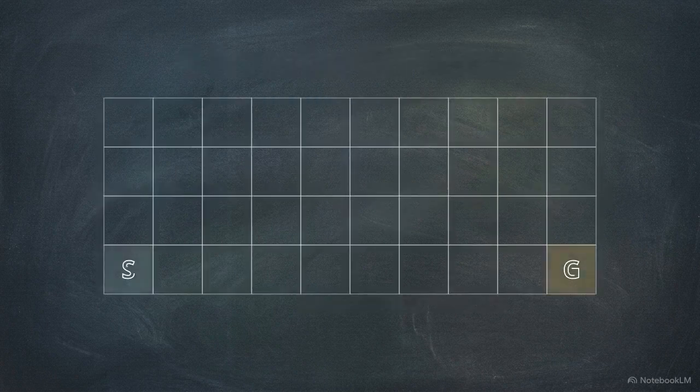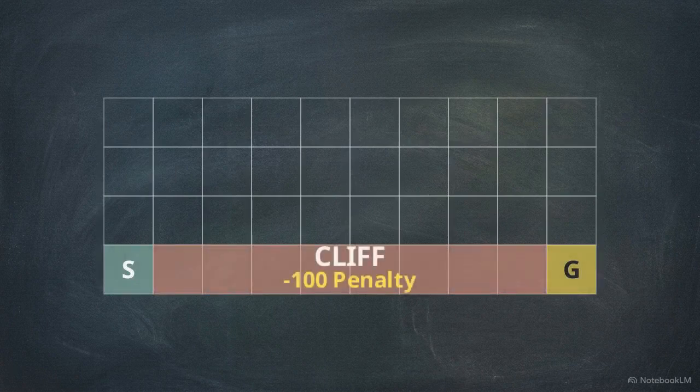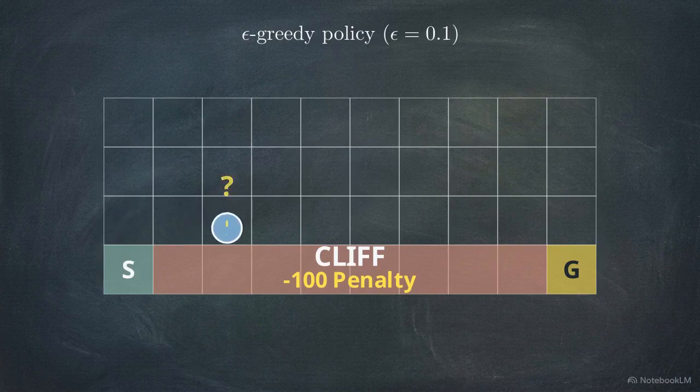This grid charts a cliff world environment built to demonstrate the difference between these two equations. Falling off the bottom edge incurs a massive penalty of -100. We task two agents to cross the grid. Both run an epsilon greedy policy, meaning they generally pick the best action, but occasionally take a random step to